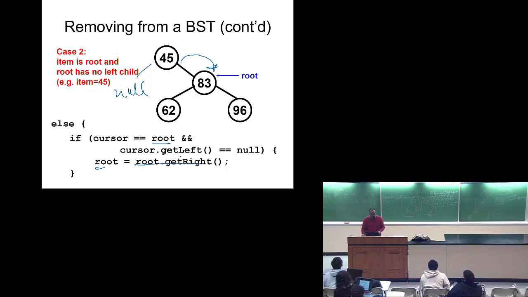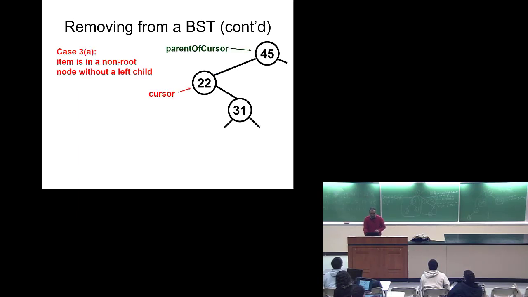Done. It's gone. So that was the second case. Third case is slightly interesting, which is over here. Cursor 22, which means we want to remove 22, and 22 is a node which is not root, but it does not have any left child, right? So what do we do in this condition? In this condition, we will disconnect this node. We can, because it does not have any left child, and rather connect 45 directly to 31 as its